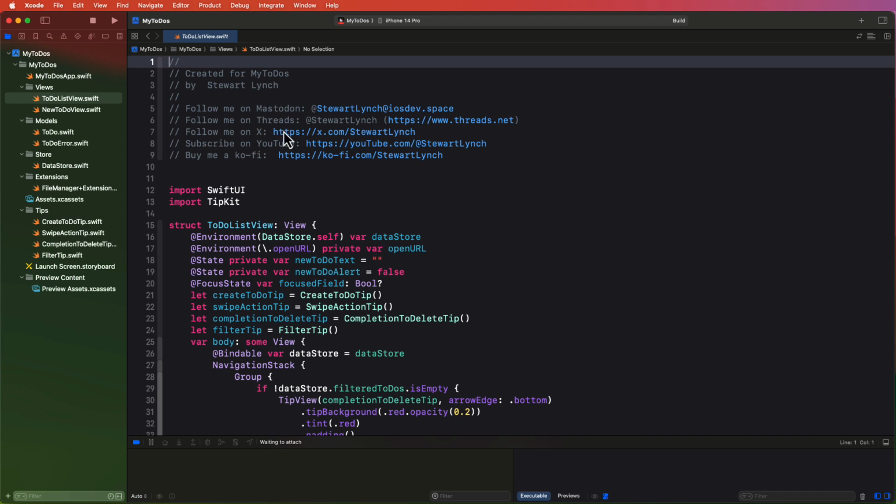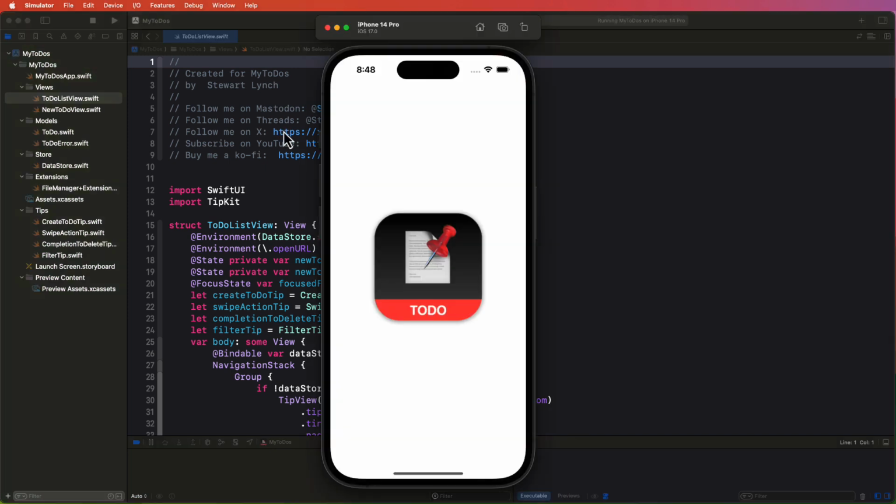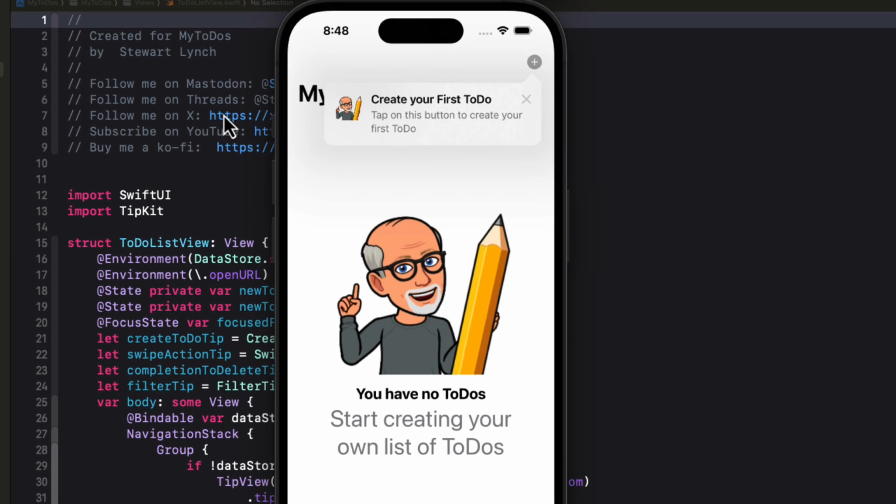This is the third video in a series where I'm working on a simple to-do app. In the first video, I updated the app from iOS 15 to iOS 17 to take advantage of some of the new APIs and frameworks introduced at WWDC, including the observation framework. In the second video, I introduced the ContentUnavailable View to display a different screen, first if there were no to-dos, but also if there were no search results. In the first case, I even provided an action button so that the user could be directed to create their first to-do. Well, in this video, I'm going to take a different approach and introduce you to the new TipKit